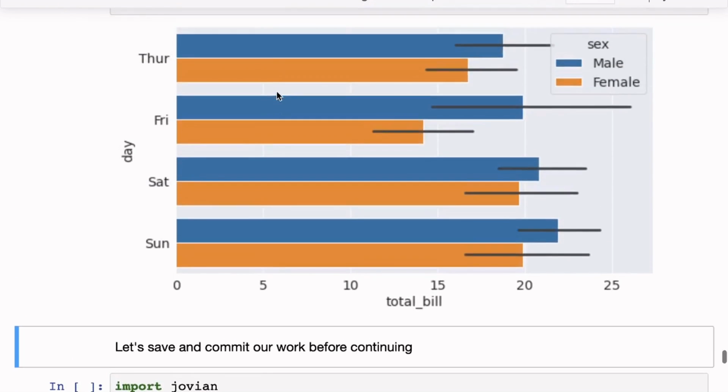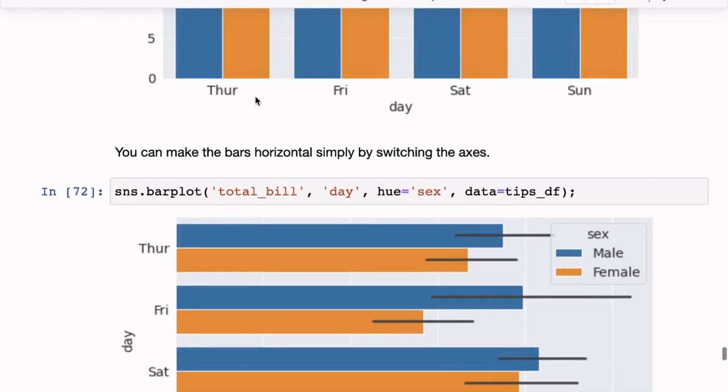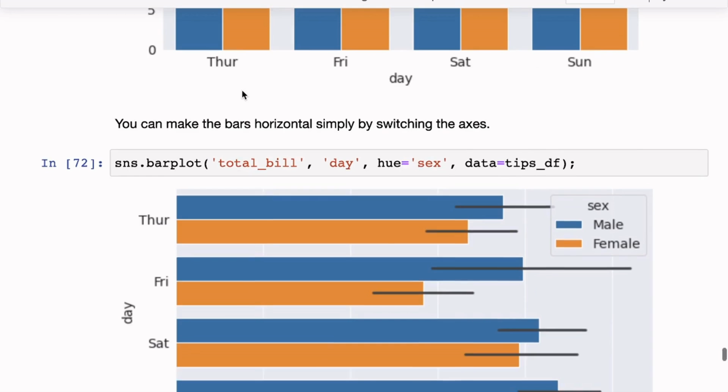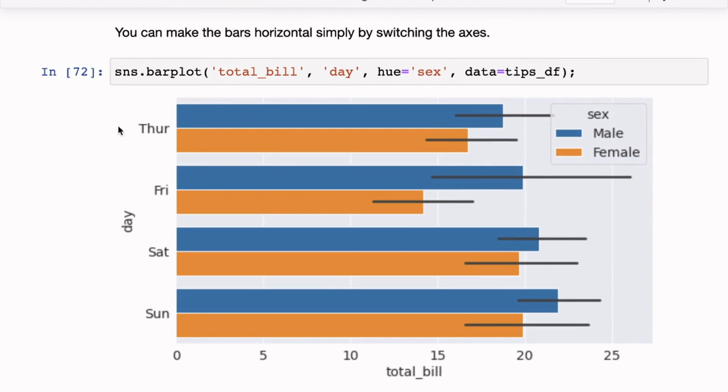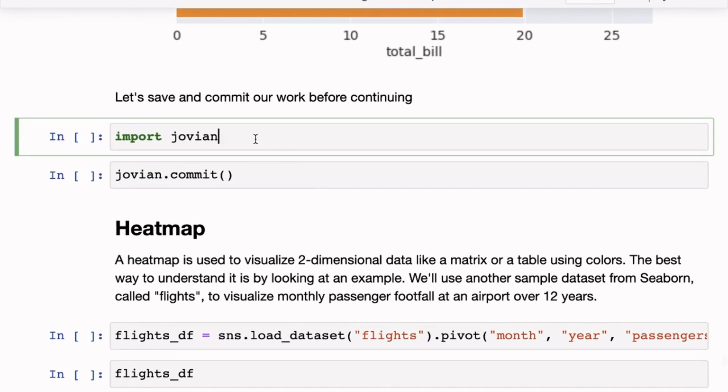A good point where you might want to make these horizontal bars is if, let's say you had a lot of values on the x-axis. Let's say the x-axis was countries and not days of the week. Then you would need to show 200 countries, and that's very difficult to show. So rather, you might want to use a horizontal plot. So you can show a list of 200 countries here, and then the y-axis could represent something like population. All right. So that's it about bar plots.